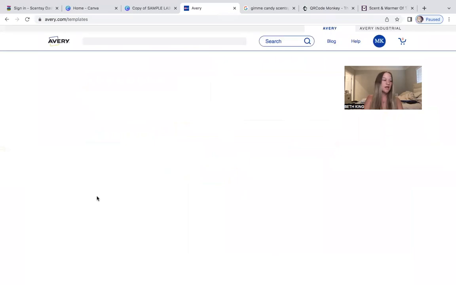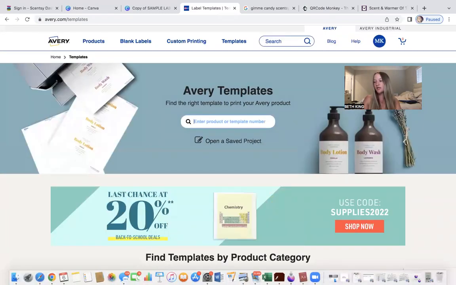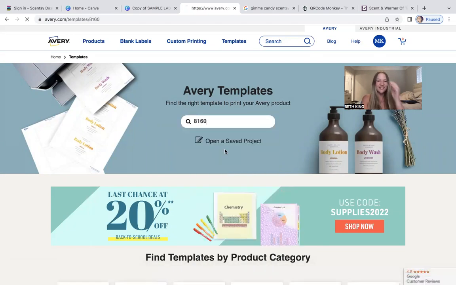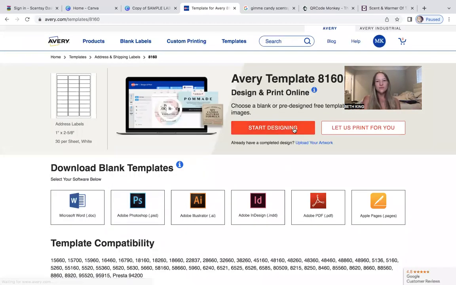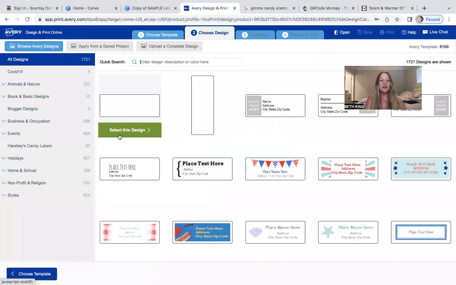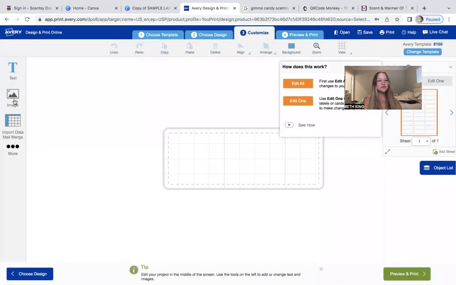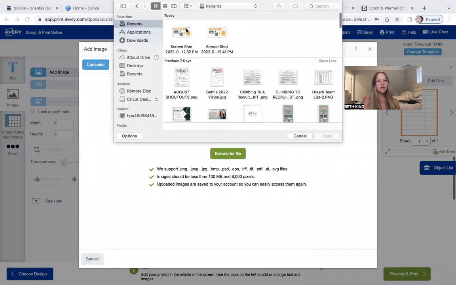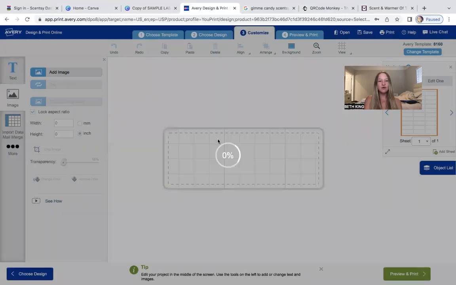And I'm going to click templates, find a template. And for this one, I was going to be doing these, but I messed up. It's fine. I will just do these. So 8160, I'll just use those labels for something else. And click start designing. And then literally super simple, you would just click image, add image, and then browse, go to your recents, snag that photo,